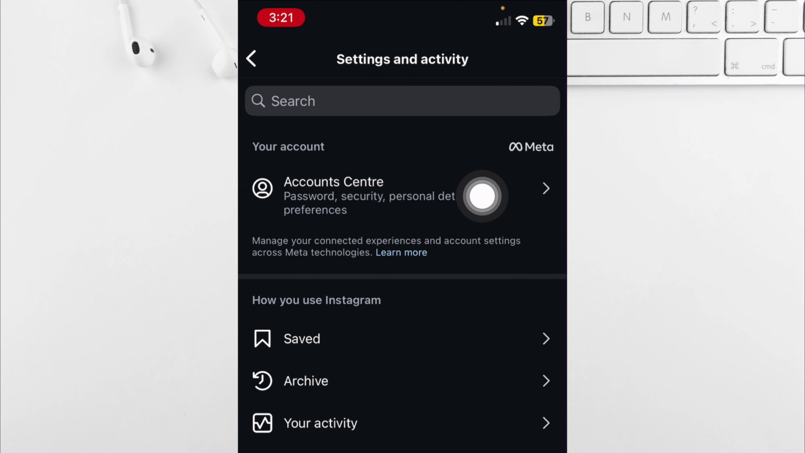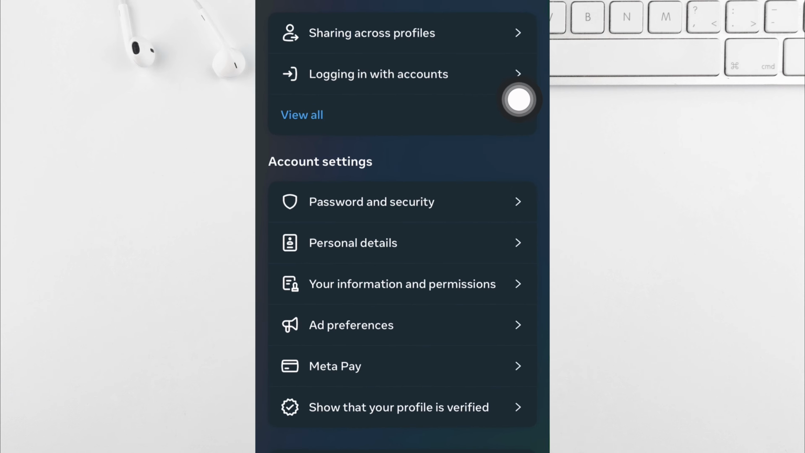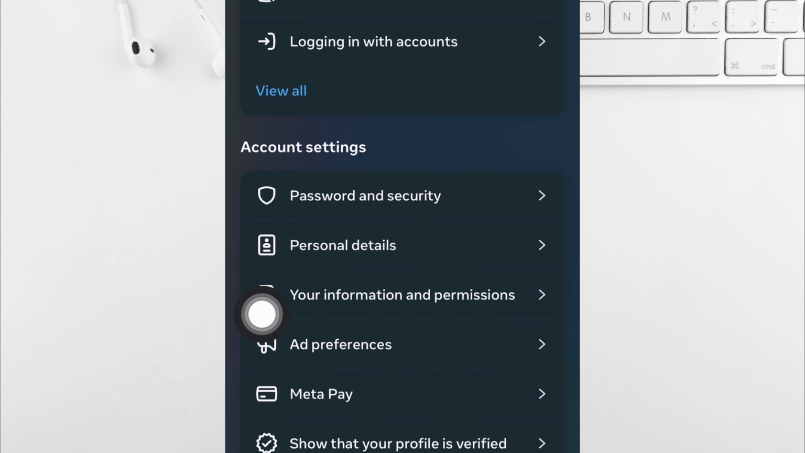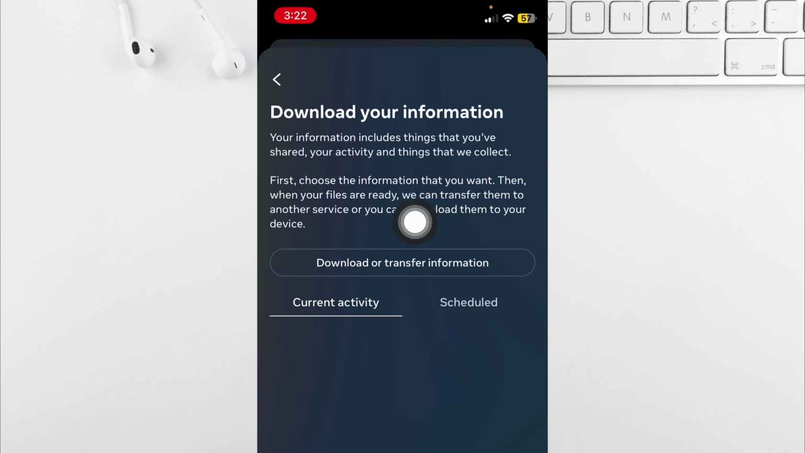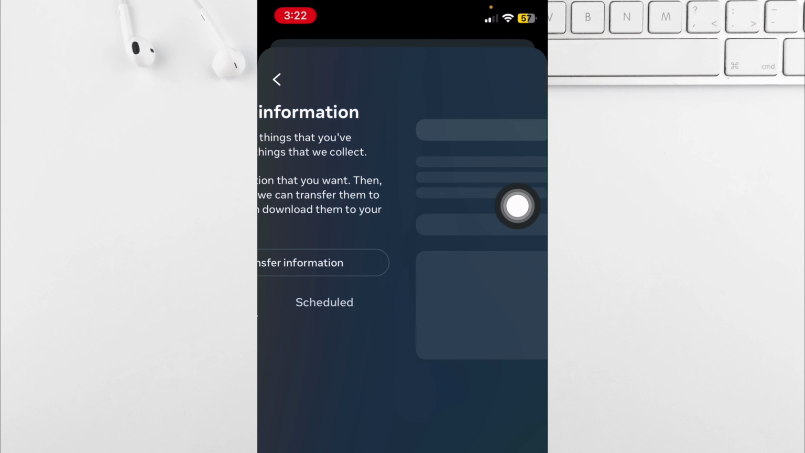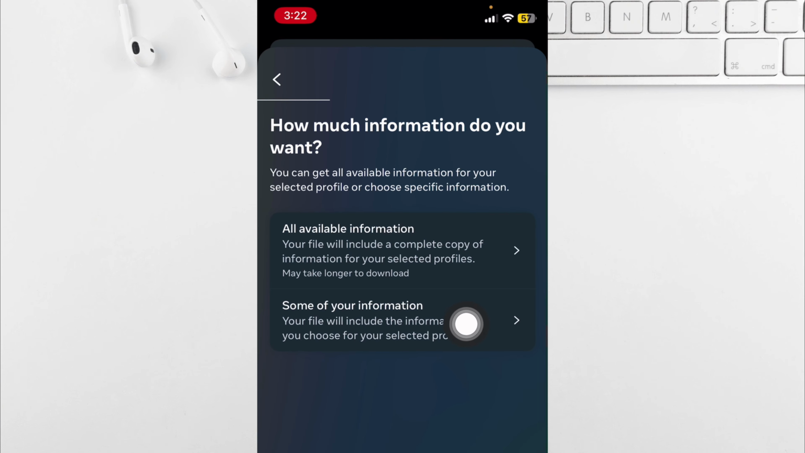Click on account center, scroll down and click on your information and permission, and click on download your information. Click on download and transfer information. Click on some of your information